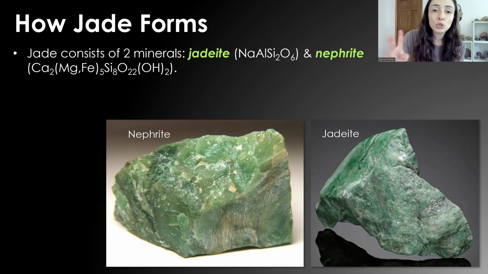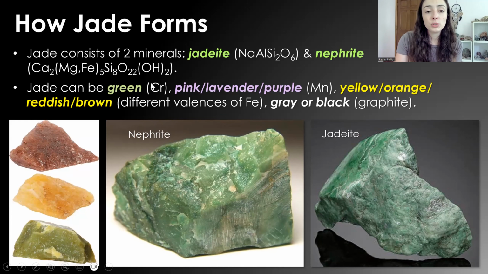Jade consists of two minerals, jadeite and nephrite. This is why when I talked about what are gemstones at the beginning of the video, I didn't just say minerals, I also said rocks, because jade is actually technically a rock, not a mineral, because it has two different minerals. It can be green due to chromium, pink, lavender, or purple due to manganese impurities, yellow, orange, or reddish,